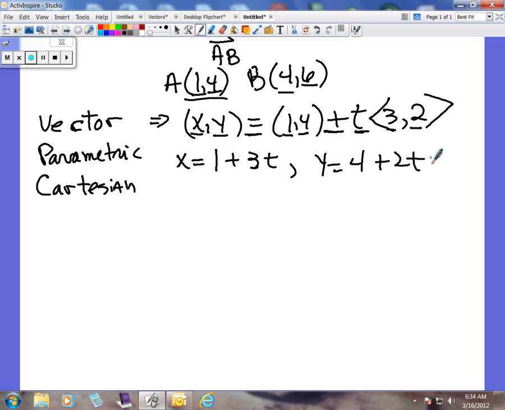Now the next thing might take a little bit more math, because in this situation, it looks like we're going to have to deal with some fractions in one form or another when we solve for t. So I'm going to choose this one again, right here, and solve for t. So I'm going to transpose the 4. We have y minus 4. Remember, when you move it, the term becomes opposite. So that equals 2t. Then we have to divide by 2. So now we know that t is going to equal